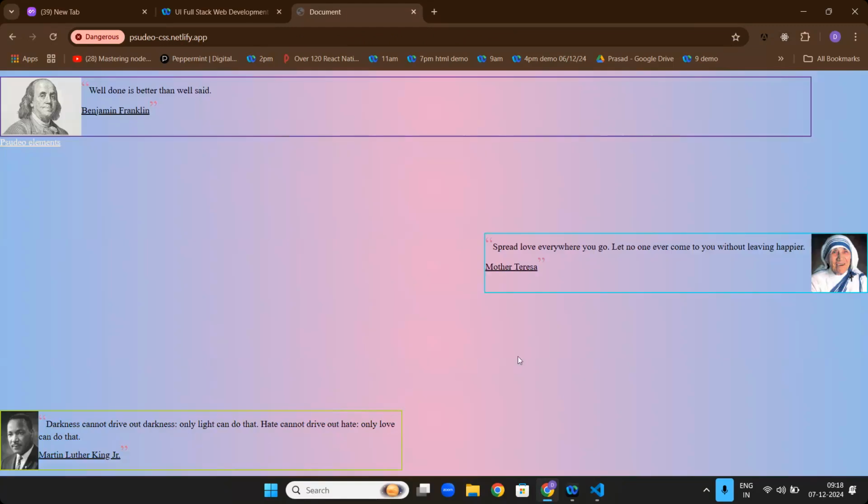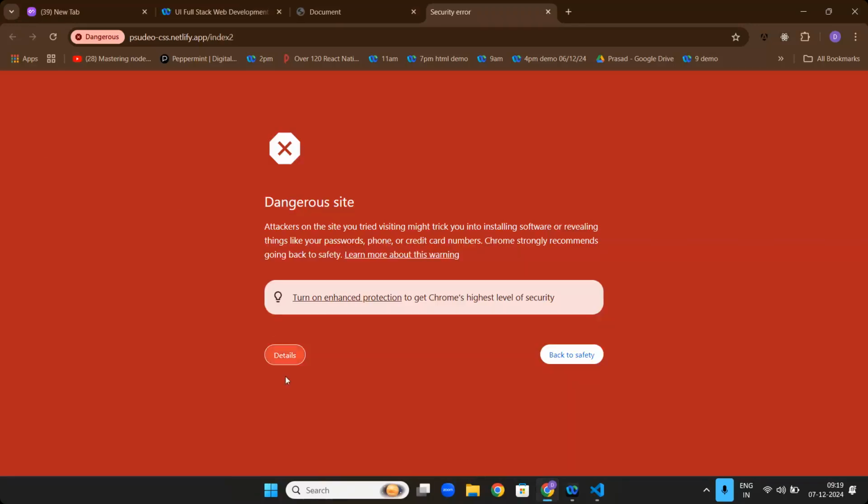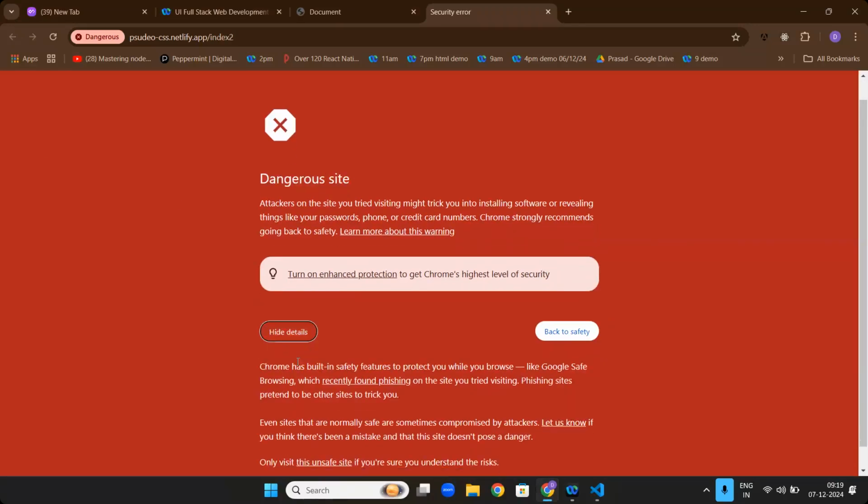It's yours, right? Now this is pseudo elements. If you see, whenever I hover, its color is changing. This is a pseudo element. And also he used position to keep the elements in different positions. I click pseudo elements here, and it's going into another page